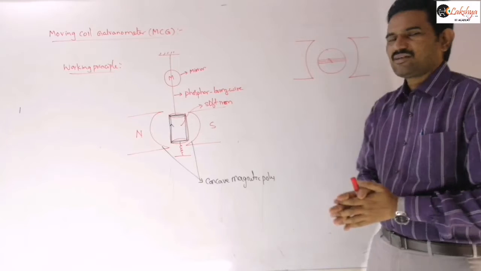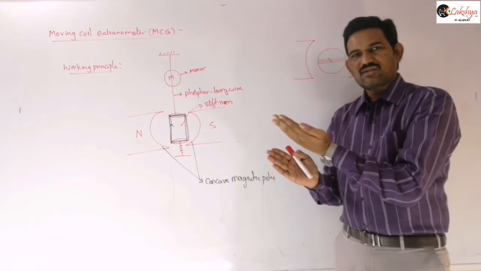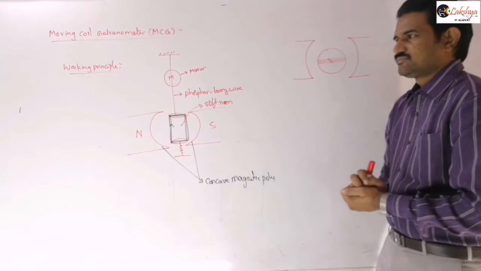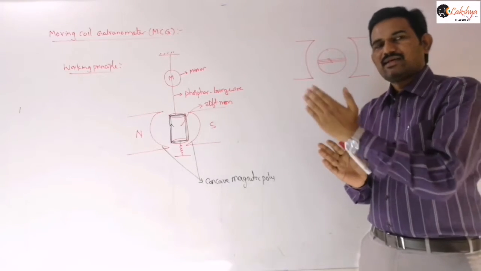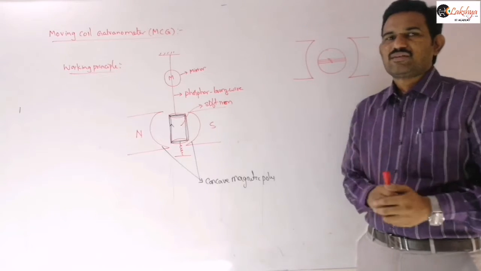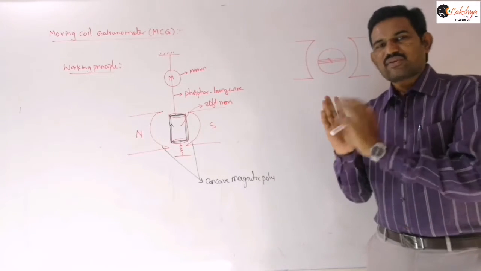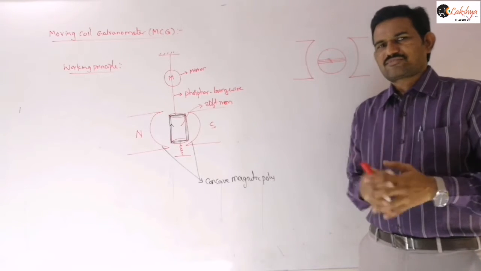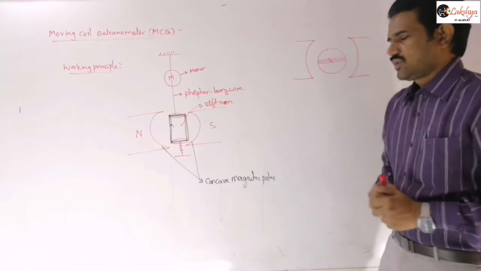Similarly here, once the magnetic torque is acting, it will start turning this coil, and some restoring torque will be developed inside that phosphor bronze wire. So this coil will rotate until the magnetic torque is balanced by the restoring torque, right? That is the principle, and by balancing those two torques we can derive an expression for the current. That is the working of this moving coil galvanometer.